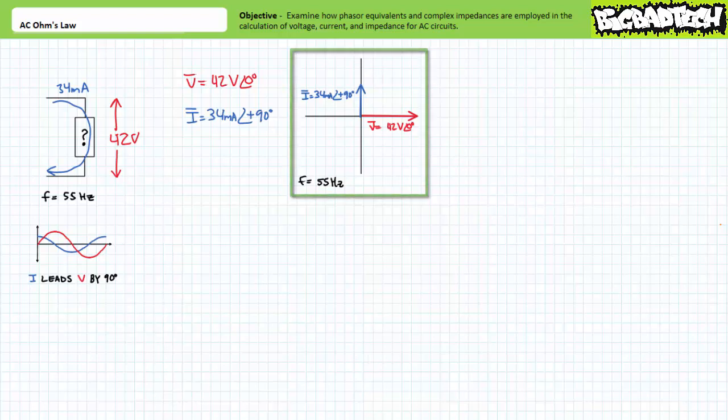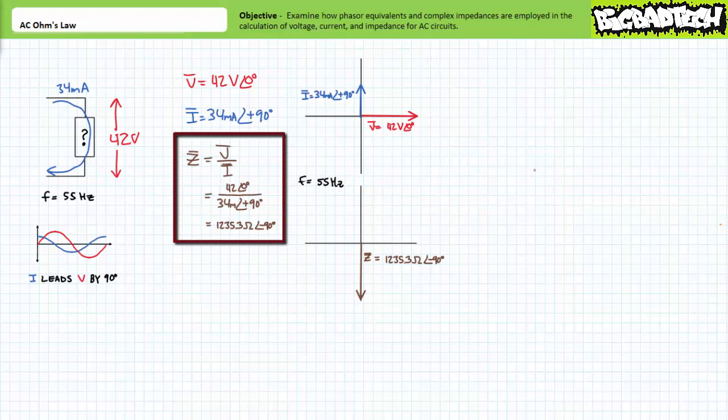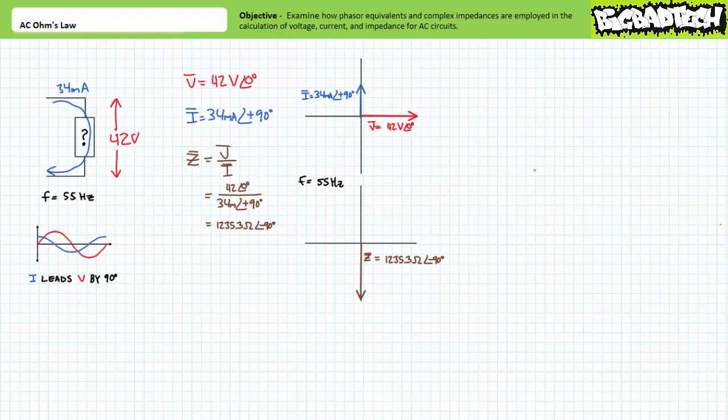Now, since we're being asked to solve for impedance, we divide the phasor equivalent voltage V by the phasor equivalent current I to solve for the complex impedance Z. Doing so yields Z equals 1,235.3 ohms at an angle of negative 90 degrees, or roughly 1.2 kiloohms at an angle of negative 90 degrees, where 1.2 kiloohms is the magnitude and negative 90 degrees indicates it's entirely capacitive in nature